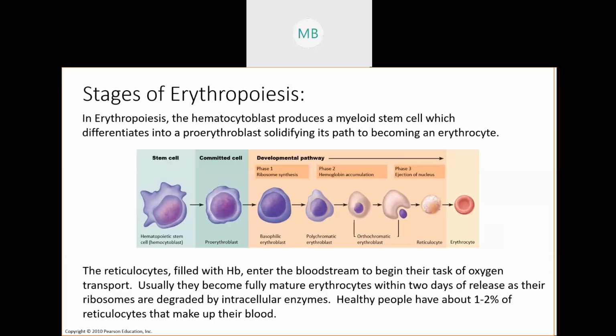Because men have more testosterone, which enhances the amount of erythropoietin their body produces, men have a higher red blood cell count as opposed to women, simply because testosterone amps up your erythropoietin levels. And this is all controlled by a negative feedback mechanism,